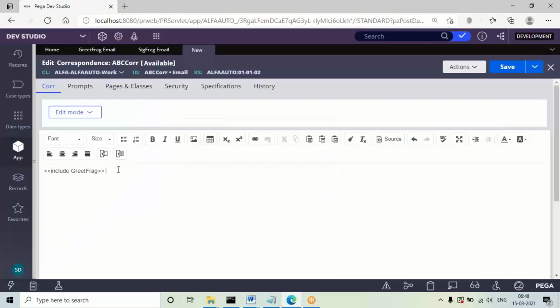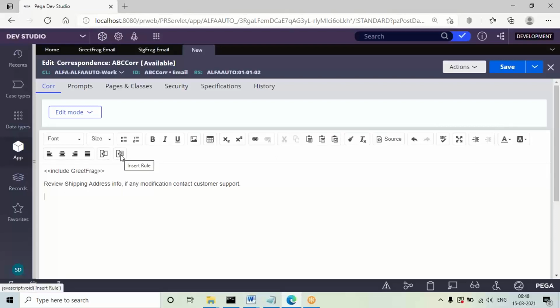Then below this, I want to add a message. Below this, I want to load this shipping section.